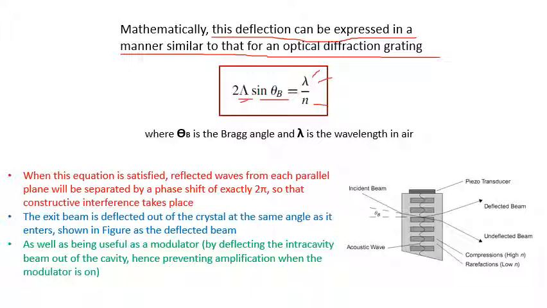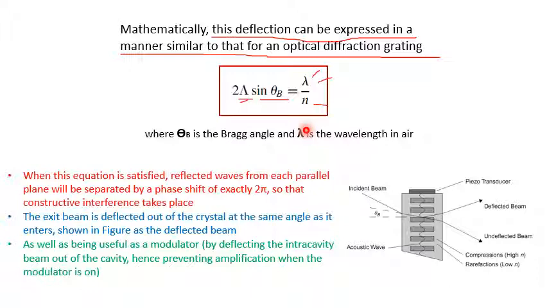Now what it says here, when this equation is satisfied, how to satisfy this equation? It depends on a certain wavelength. Okay, so when this equation is satisfied, the reflected wave from each parallel plane, which is generated because of the compression and rarefaction,